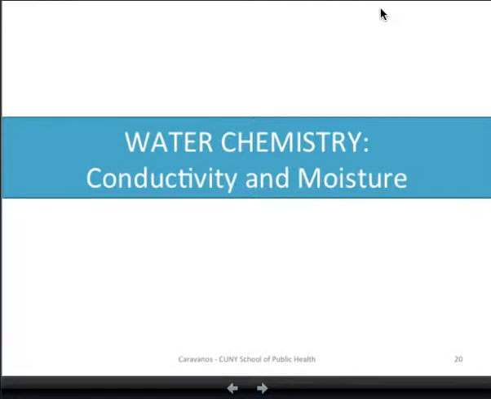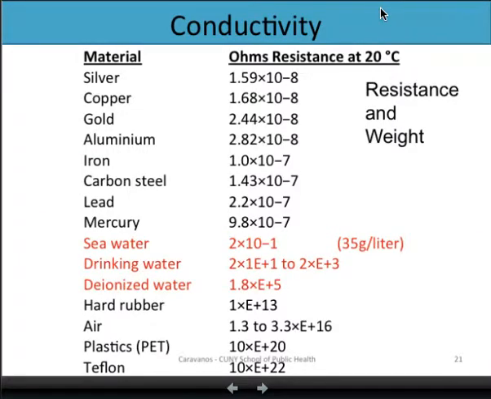Okay, let's continue on water chemistry. The next topic is conductivity and moisture. These are two related concepts, so I want to include them here at this time. Conductivity is measured as the electrical resistance at a certain temperature between a certain area, a certain length of wire,